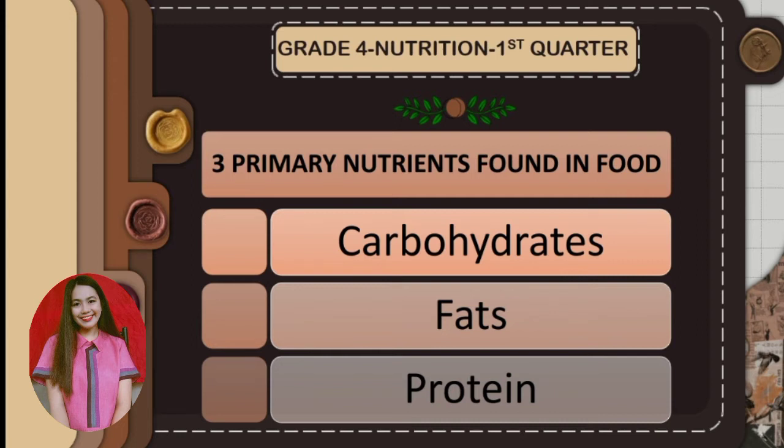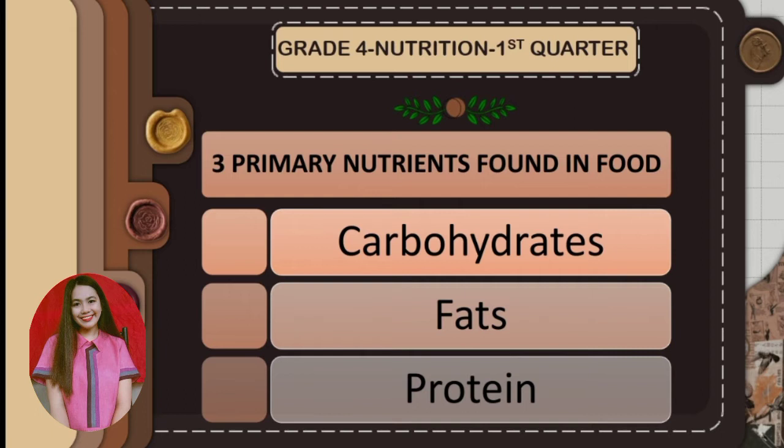Carbohydrates and fats supply energy. Protein supplies energy but also supplies the building blocks necessary for growth and repair of muscles and skin. The body needs the 3 primary nutrients found in food, which are carbohydrates, fats, and protein, in order